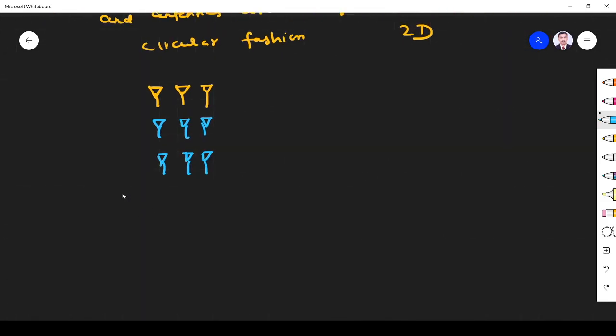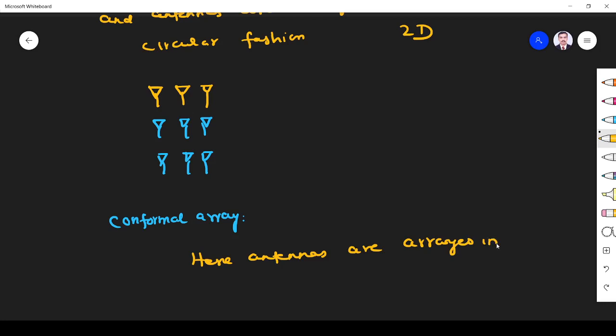Then the third type of array is known as the conformal array. Here antennas are arranged in a 3D fashion, in a three-dimensional shape. Antenna means antenna elements, right? An antenna is nothing but an element of the array. So we say precisely that the elements of the array are arranged in 3D fashion.